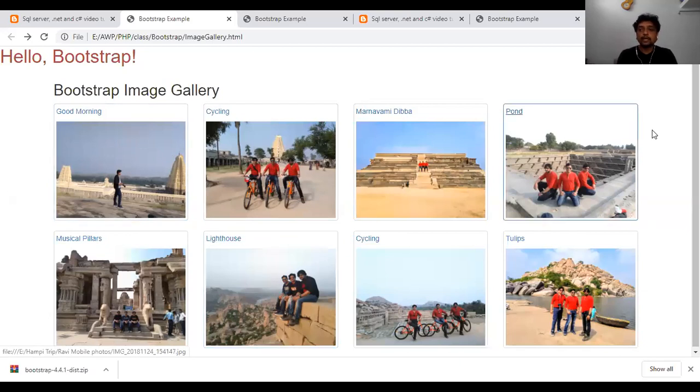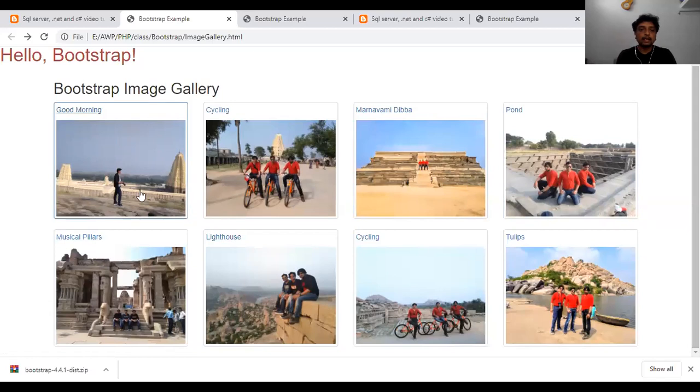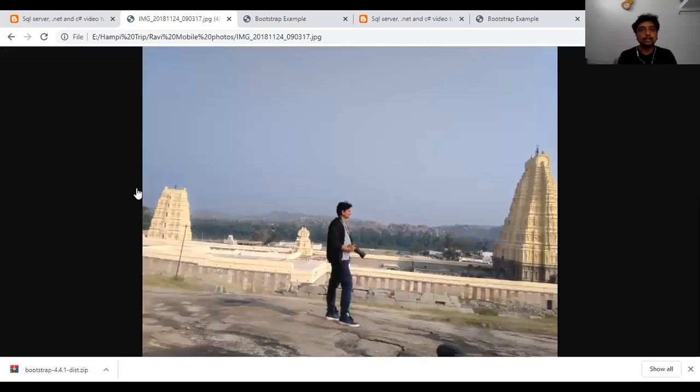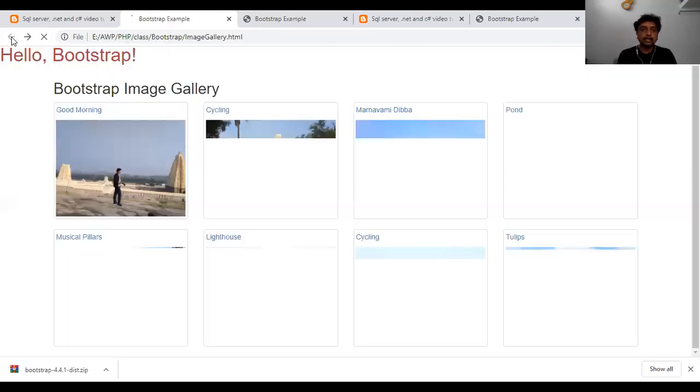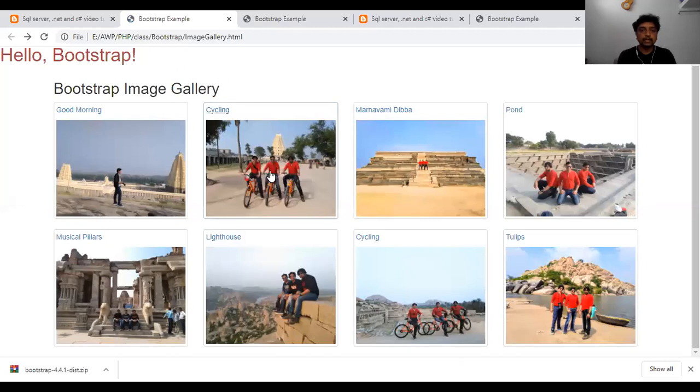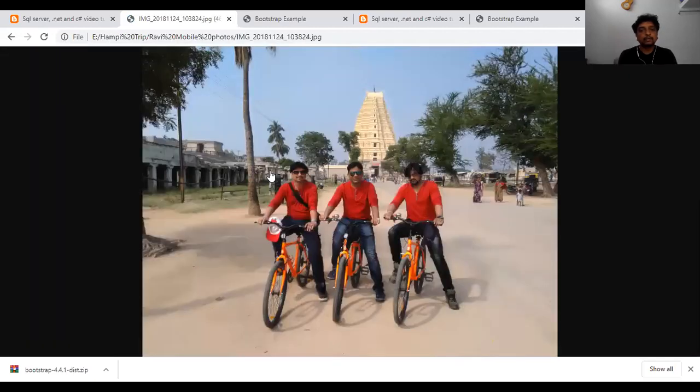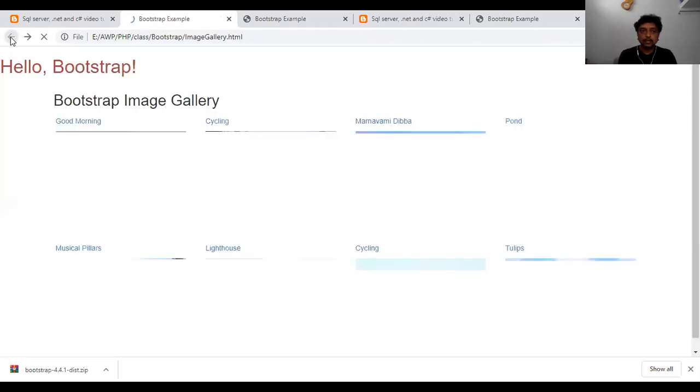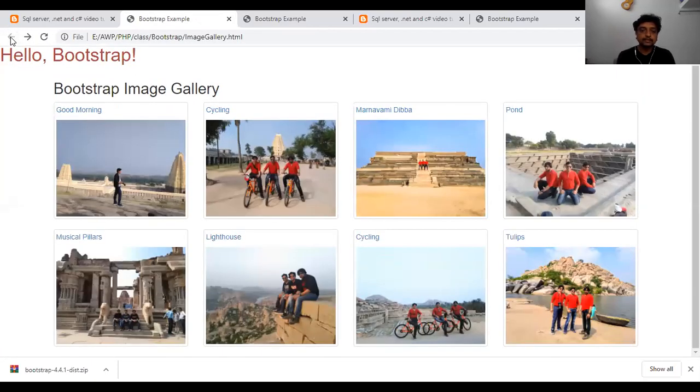So this is how we can create an image gallery. And the image gallery view can also be made so that once you click on the image, it will be viewed in full screen. That is how we expect it basically. So once I click on my image, or any image, the image should be visible in full screen. This is the image gallery that you might have come across on a lot of websites. There are so many image galleries we are going to see.